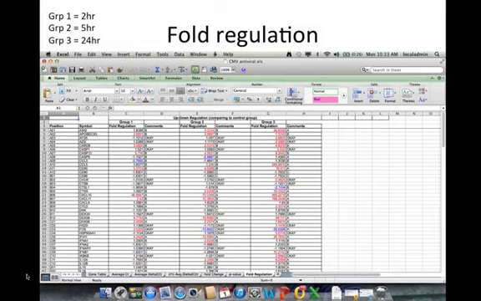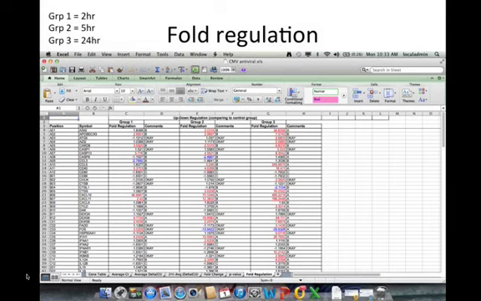Only really the full regulation or the full change are useful to look at, because the CT is not normalized at all. If you, by mistake, harvest twice as many cells at time 0 versus time 2 hours, you're going to have twice as much RNA at time 0, and that's not useful because you're counting how much RNA is there, right? That's why you have this normalization step. So don't get stuck looking at the CT data.